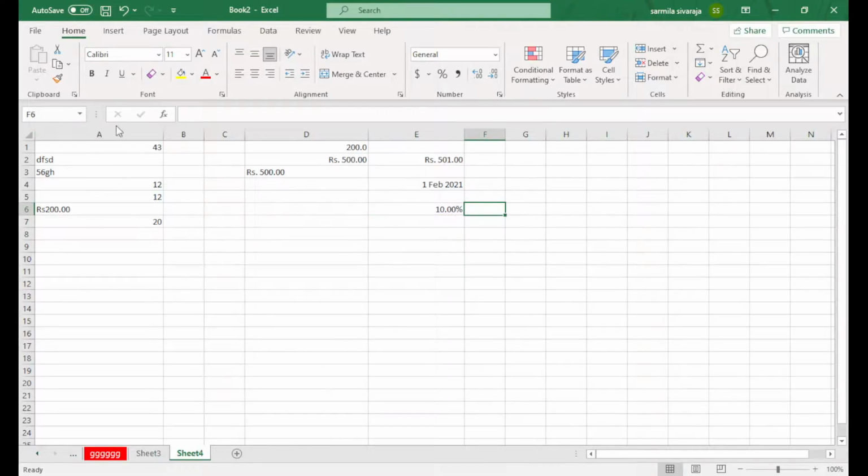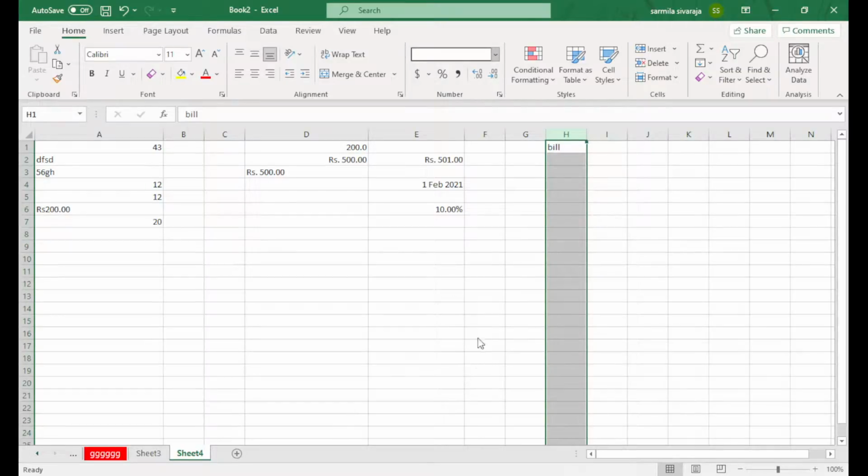If I need a column or rows, for example, here I type something, bill. In this column I need every value set in currency format. I can't select each cell and fix the format one by one. So I will select this column and go back to this option, more options.